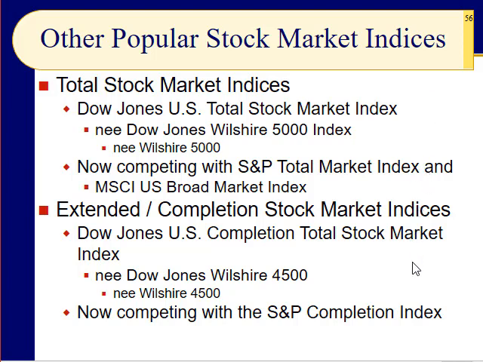Actually, it used to be more, and now it's fewer. But the idea is we want to get total stock market: the big boys, the mid-sized boys and girls, and the small boys and girls. The mama bears, the papa bears, and the baby bears. And then take away the top 500 companies, the S&P 500, the largest companies, and you wind up with the completion, U.S. completion total stock market index, or sometimes called extended.